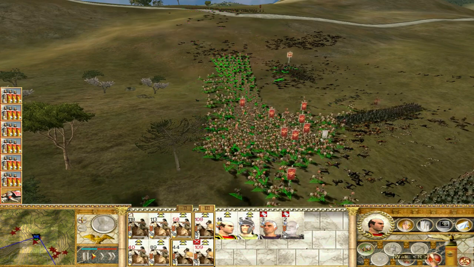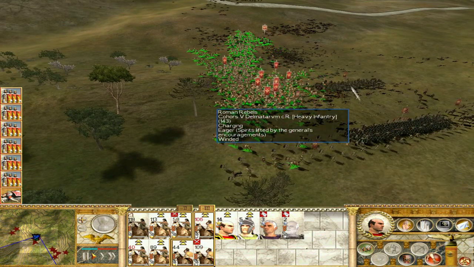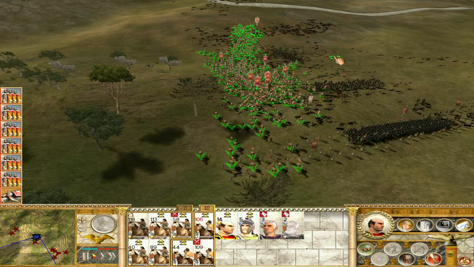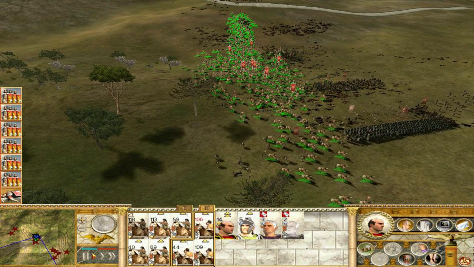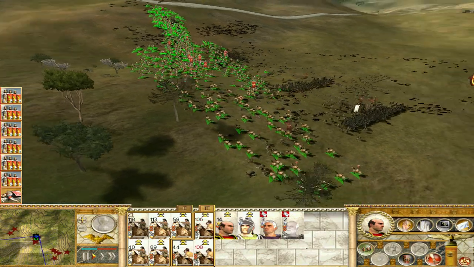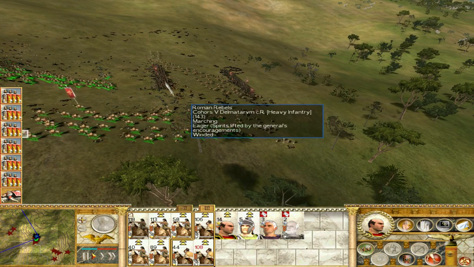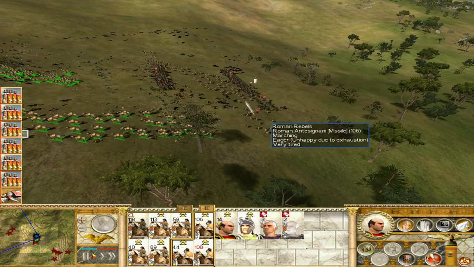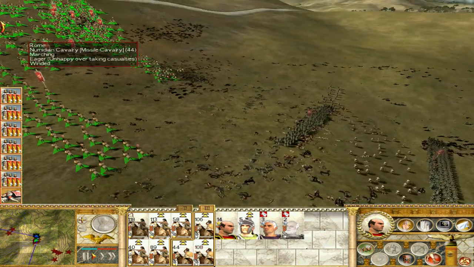Come back. Just run back, please. It's really weird. I have trouble getting these guys to actually do what I want them to do. So there's 1, 2 cohorts plus this anti-Signani, a few cav. They're still only warmed up, so what we need to do